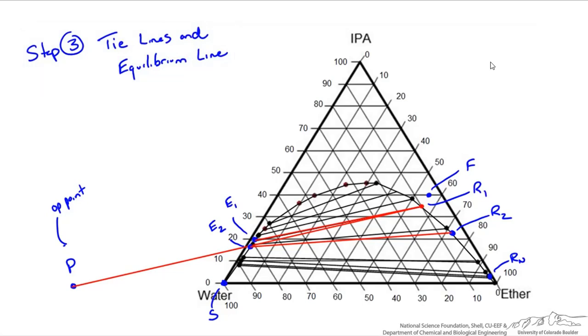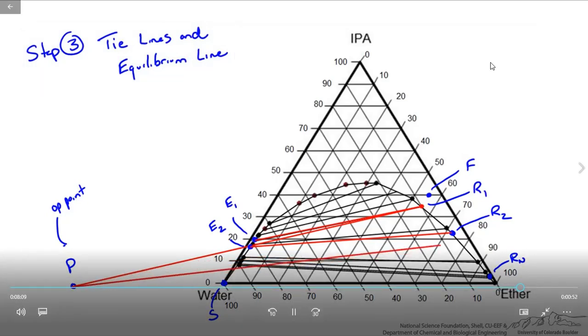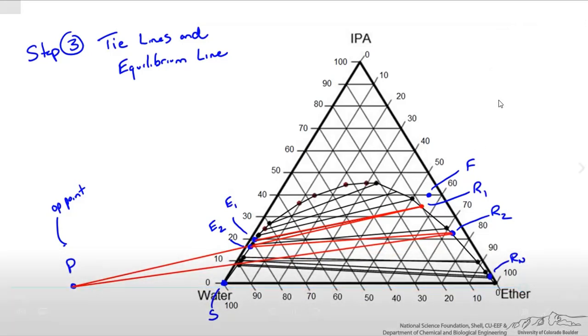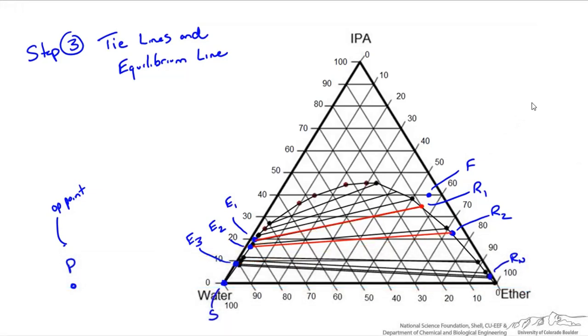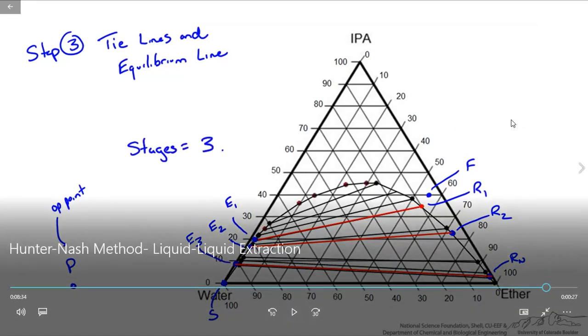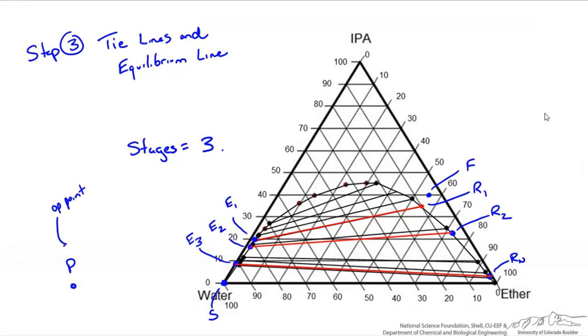E2 and R2 are located, and when they are located, you will look again, because you still didn't reach Rn. So he has drawn another line to locate E3 in the system. Now when E3 is located, you know that you have to draw a line for E3 and R3. Overall you can see here that he has connected E3 and R3. So based on this, how many stages are here? They are similar to our system. There are 3 stages. So when these 3 stages are located, you are done with your problem.